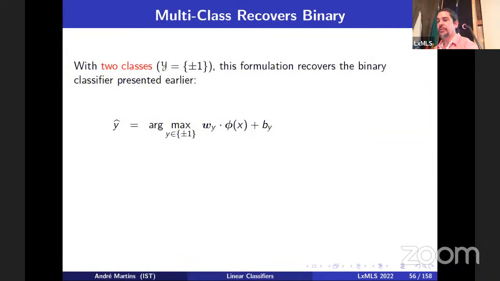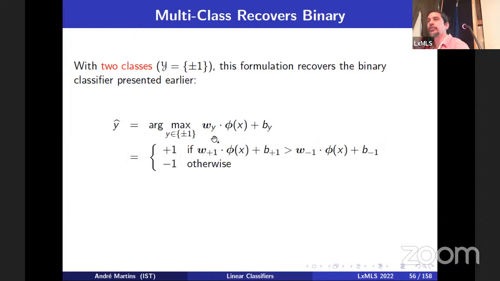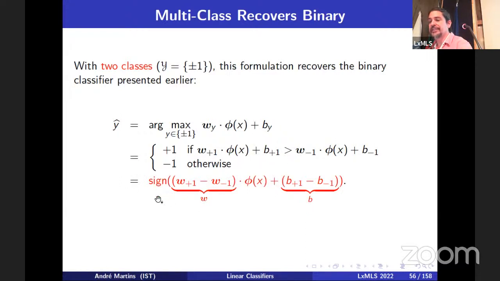All right. So one thing that is important to take into account is that this formulation using this argmax recovers the binary classifier as a particular case. If you only have two labels, +1 and -1, and you apply this rule, we are going to look for the label among these two that has the maximal score, so of course we only need to compare two things. If the score when y is +1 is bigger than the corresponding score when y is -1, then the prediction is going to be +1. Otherwise, it's going to be -1. And having this part bigger than this part is the same thing as having this minus this greater than 0. So another way of expressing this is the sign function of the difference between the weight vector corresponding to the positive class minus the weight vector corresponding to the negative class,